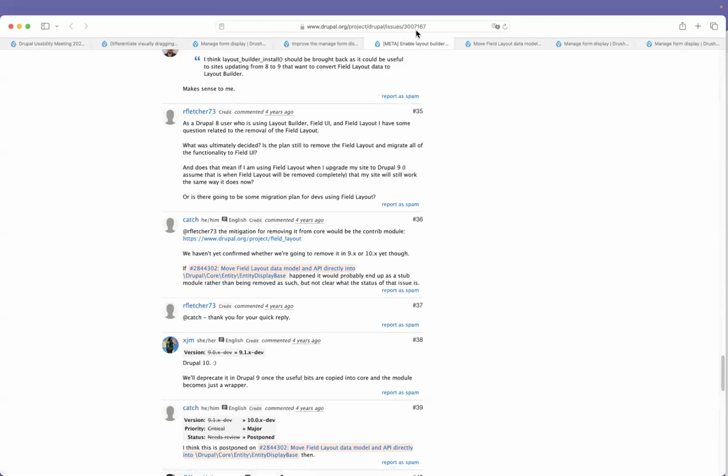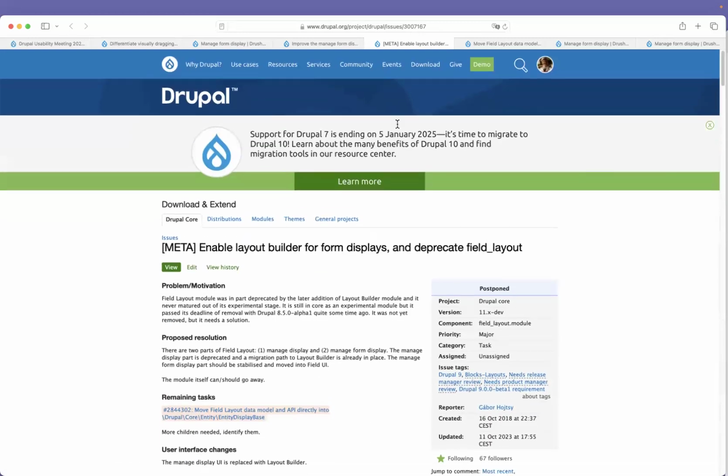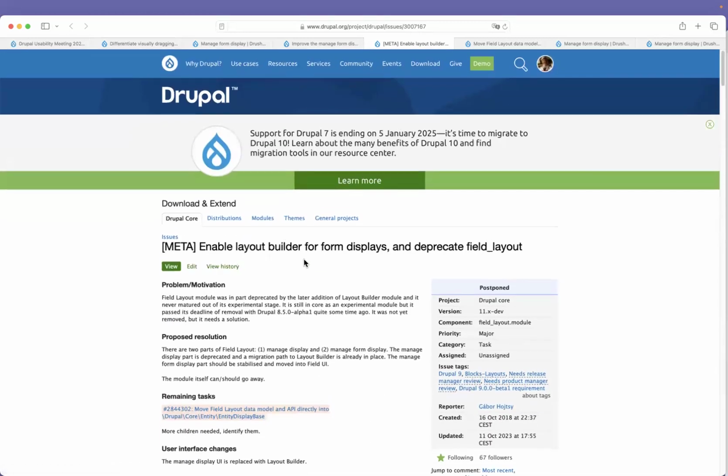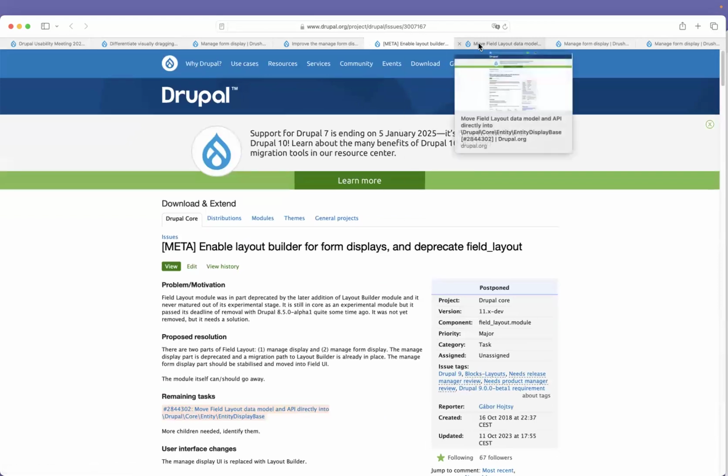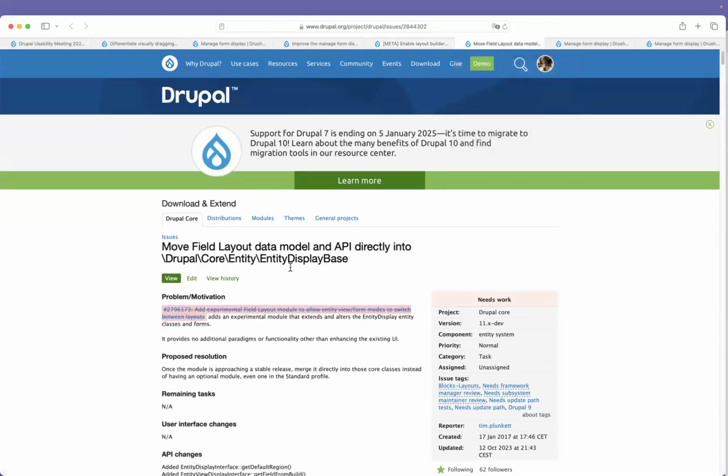There is the issue number 3007167, called metadata enable layout builder for form displays and duplicate field layout. And there's also a follow-up issue, move field layout data model and API directly into Drupal core entity display base, which is issue number